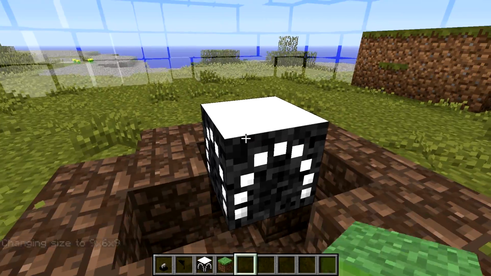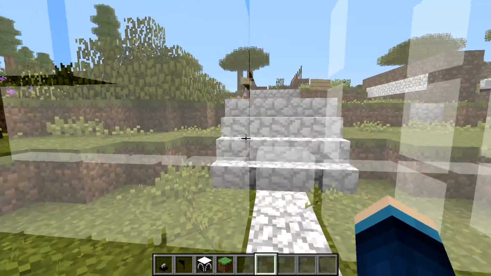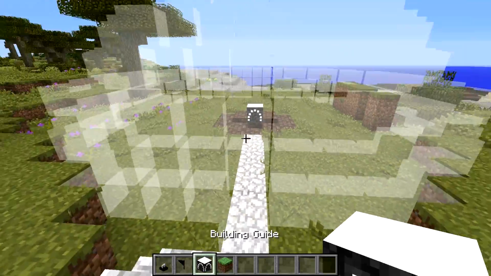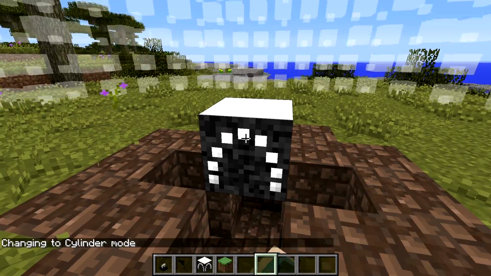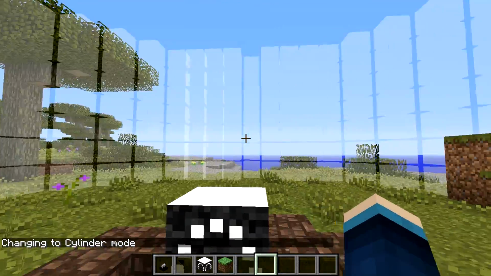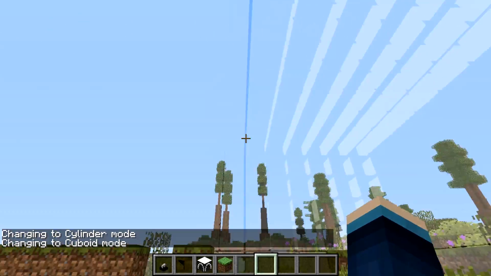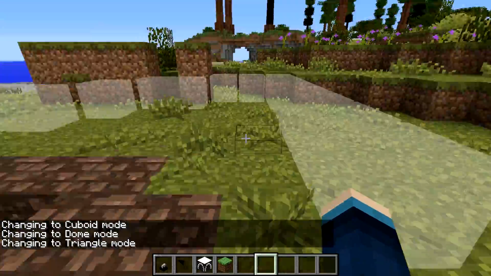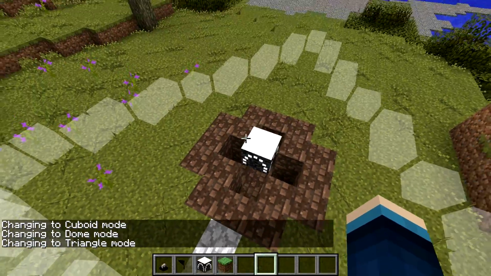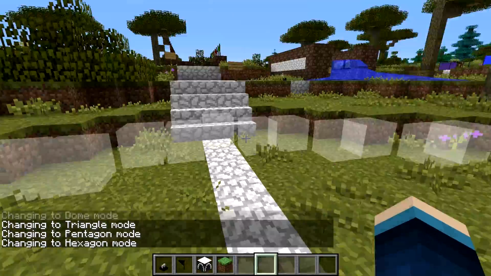And to change the mode of the block, well, the builder block, what's it called again? I'm going to have to find this again. Actually, it's here, building guide, that's the one. You just have to shift and right click on it with nothing in your hand. And now you can change it to cylinder mode, so if you want to make a cylinder you could do that, or a cuboid mode, which is like a massive cube kind of thing. And next we've got a dome mode and a triangle mode, so if you wanted to build a triangle. The only one thing it lacks, I suppose, is a circle mode instead of a sphere mode, but